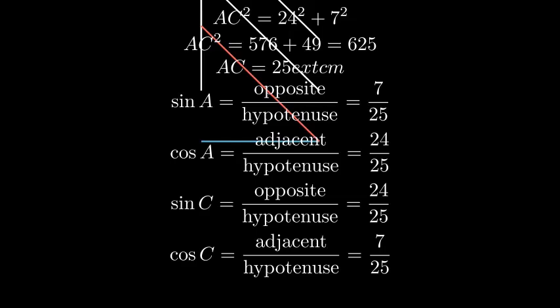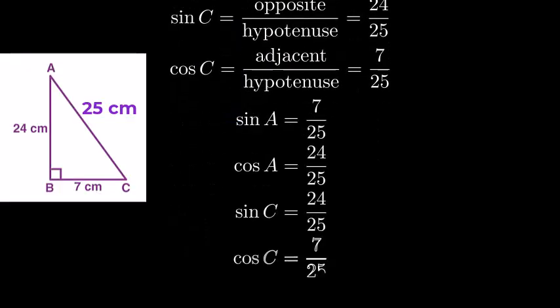Let's summarize our results. We found that sine A equals 7 over 25, cosine A equals 24 over 25, sine C equals 24 over 25, and cosine C equals 7 over 25. Notice that sine A equals cosine C, and cosine A equals sine C. This is because angles A and